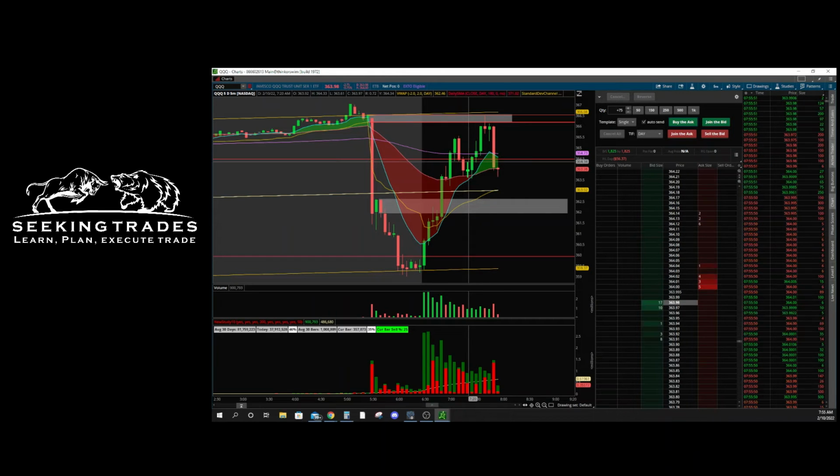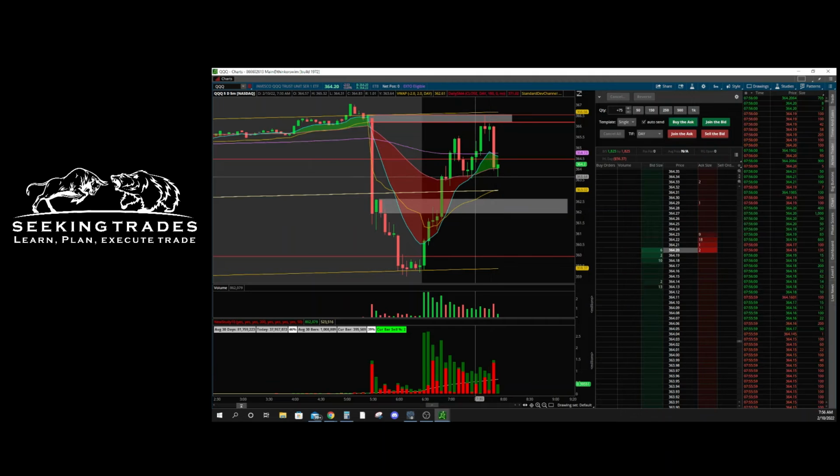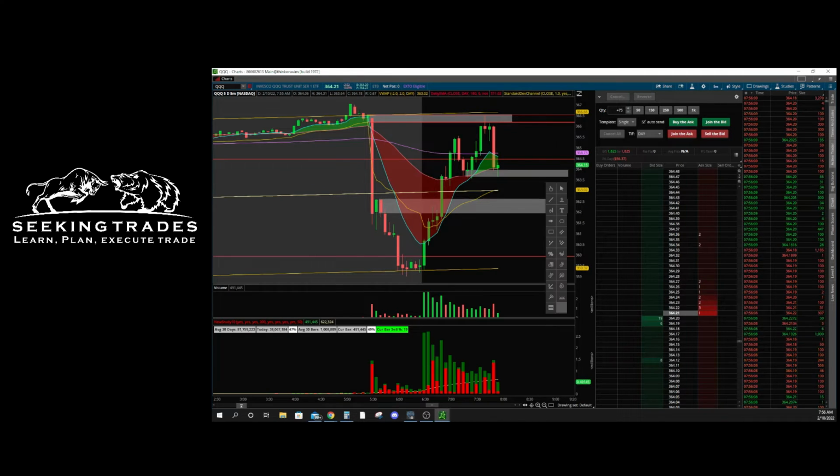You got this doji candle here. It ran, pulled back, based, ran. Okay, so this little area is a demand zone. It's a very small demand zone right here. And that's why I was saying, oh, I can get in here for the bounce, but I want to see